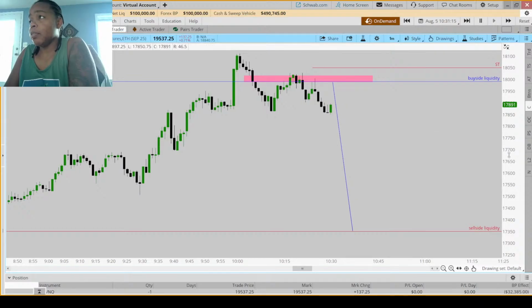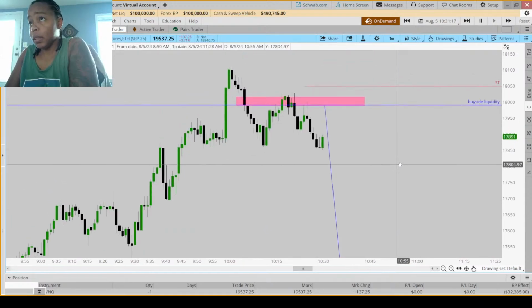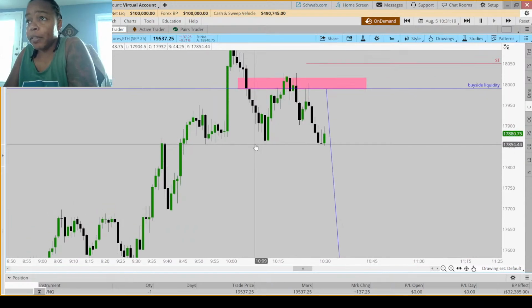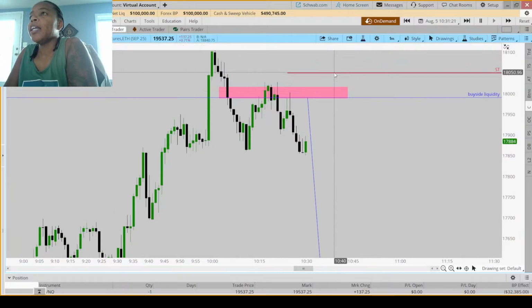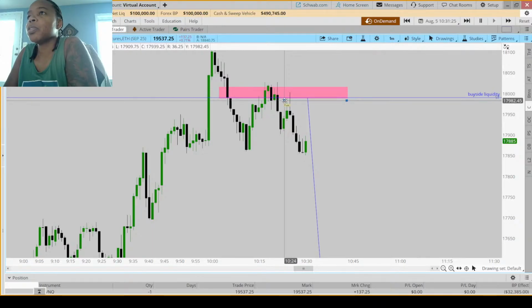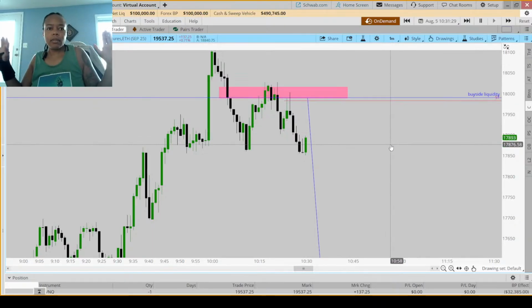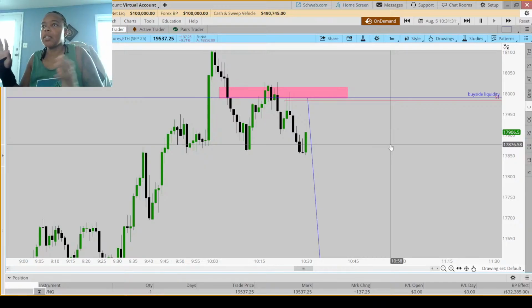And we'll use that to figure out what's up. So now in a scenario like this, we've taken this low out. I don't necessarily expect them to come back to this fair value gap. I would move my stop just below break even right here and then let it sit, right? What do you guys think?